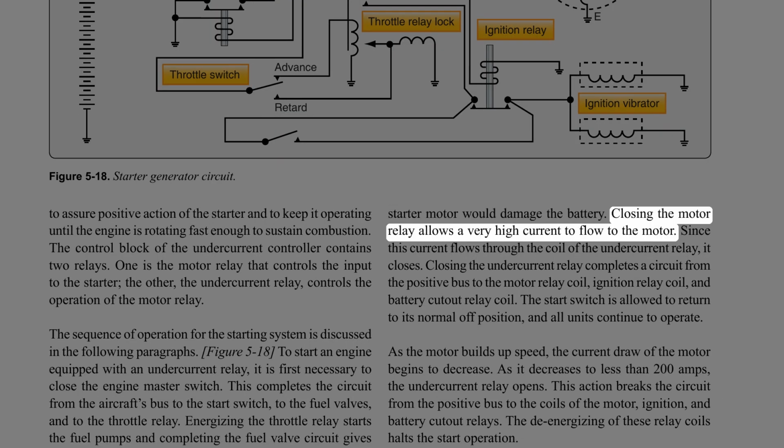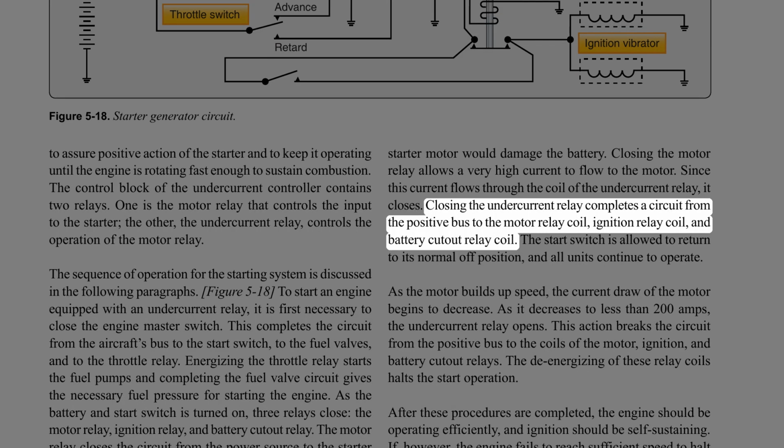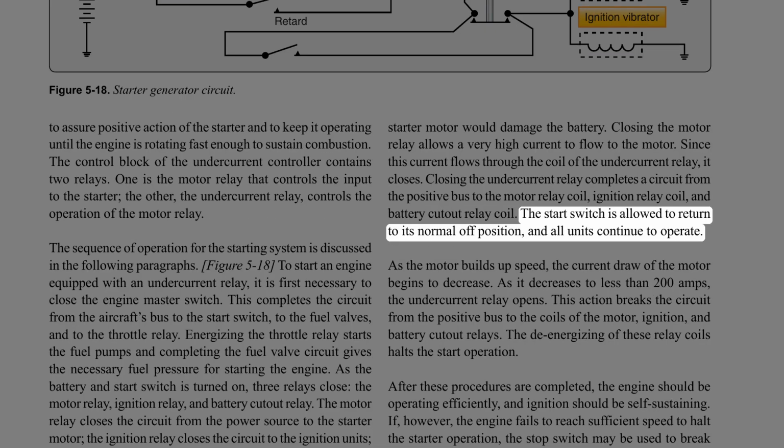Closing the motor relay allows a very high current to flow to the motor. Since this current flows through the coil of the undercurrent relay, it closes. Closing the undercurrent relay completes a circuit from the positive bus to the motor relay coil, ignition relay coil, and battery cutout relay coil. The start switch is allowed to return to its normal off position, and all units continue